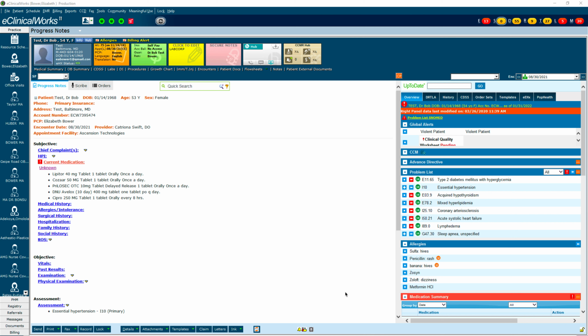Measure number 130, medication verification. This is a telehealth eligible measure. For this measure, we're looking at the number of patients 18 years and older who had a documented list of their current medications verified at every visit during the calendar year. This includes both prescribed medications and over-the-counter herbal supplements, and it must include the medication name, dosage, frequency, and route